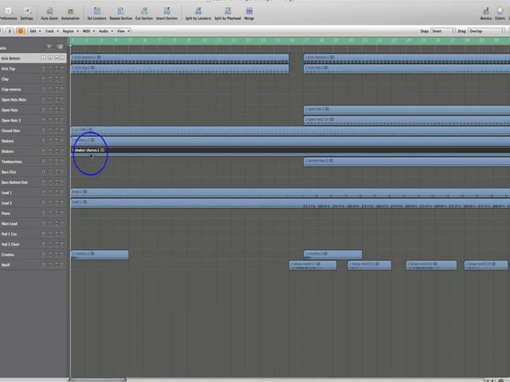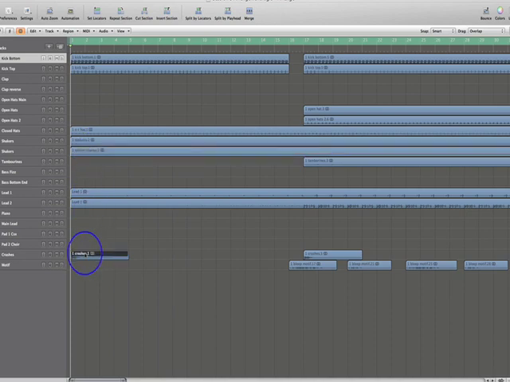Now, you'll notice we've also added a crash cymbal here. Now, this probably will come as no surprise. We do have a couple of Ultra Beat banks full of crash samples. So all we simply did was call that up and add it along here. Now you're probably wondering why we didn't add crashes right at the very beginning when we were starting all this. Well, the simple reason is that a crash is used to denote something special, something that's about to happen. And while we're doing the initial programming, nothing really is going to happen. It only occurs when we come to the actual arrangement. So we always leave our crashes out until we come to the arrangement and then we start to add them.